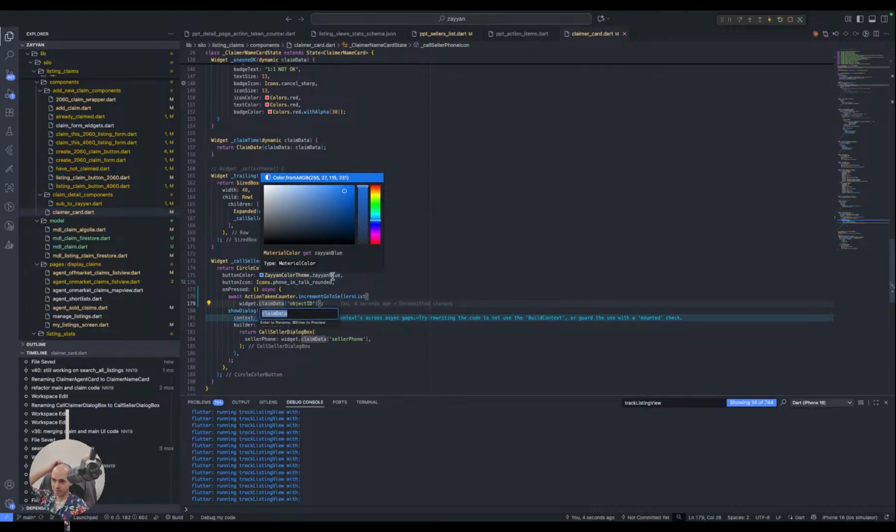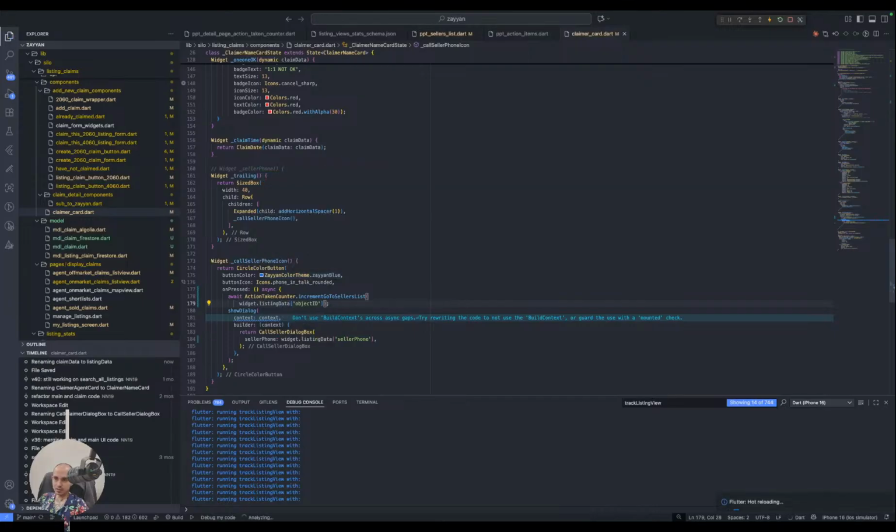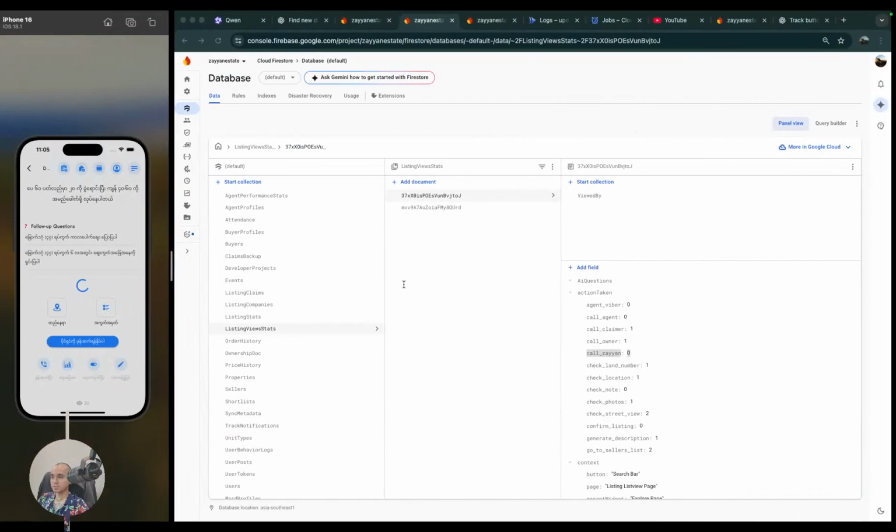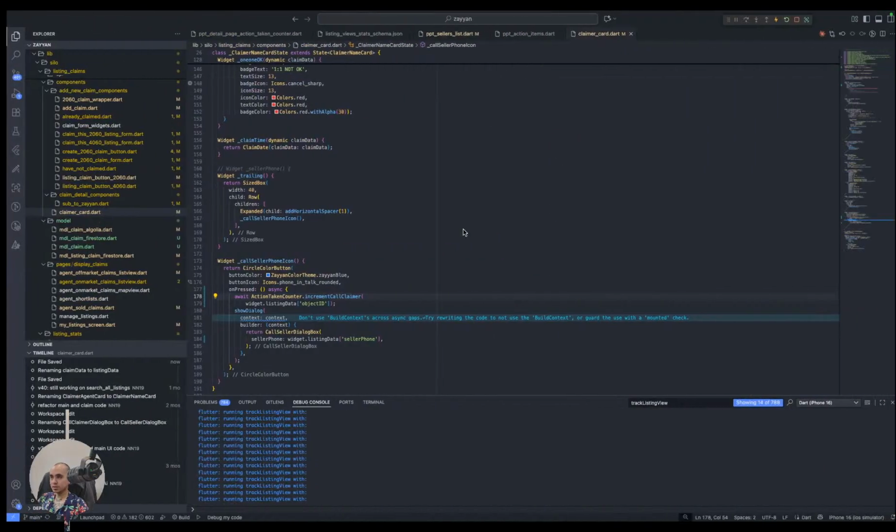At first I was calling this claim data, but maybe later I'll just call this listing data. So increment, this is supposed to be call claimer. Yes, this one is done,